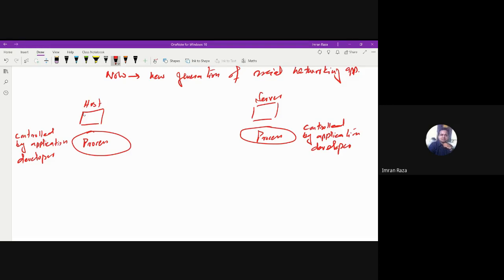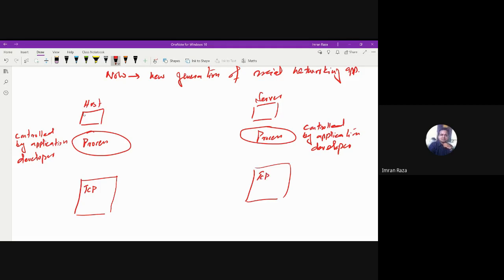Okay, and then here on both the host and the server, we have TCP, or we can also have UDP at the transport layer. So we have TCP there as well.